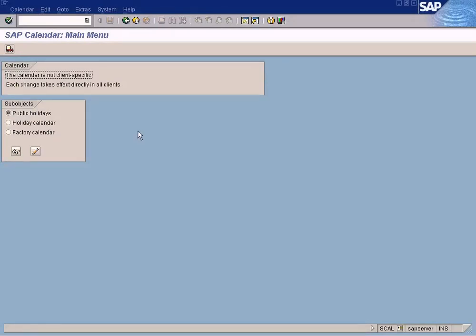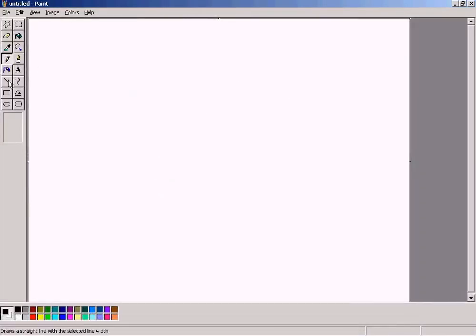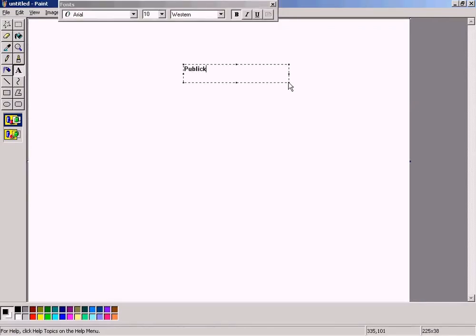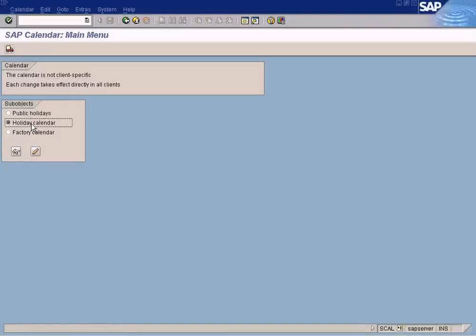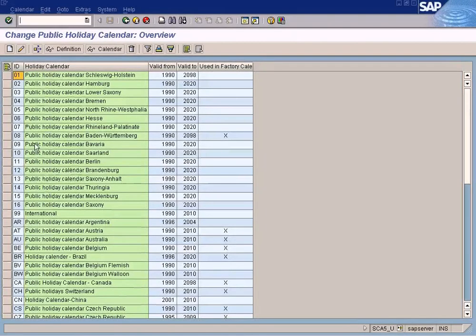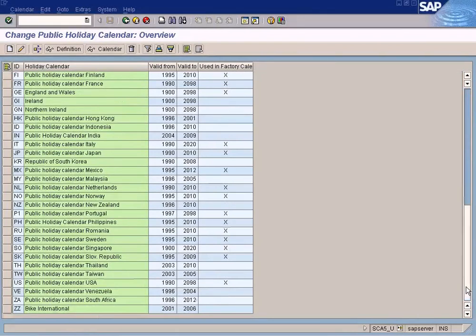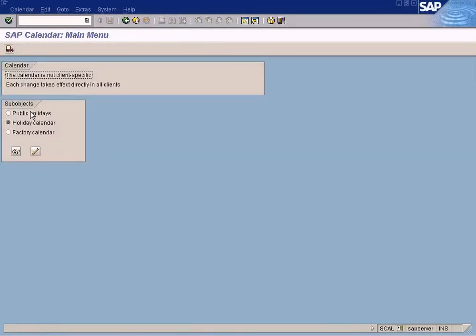So the proper way of defining a public holiday in a factory calendar is you have to actually define the public holiday, and then the next thing is to assign it to a holiday calendar. Let's do this. Let's go to US. Holiday calendar is the